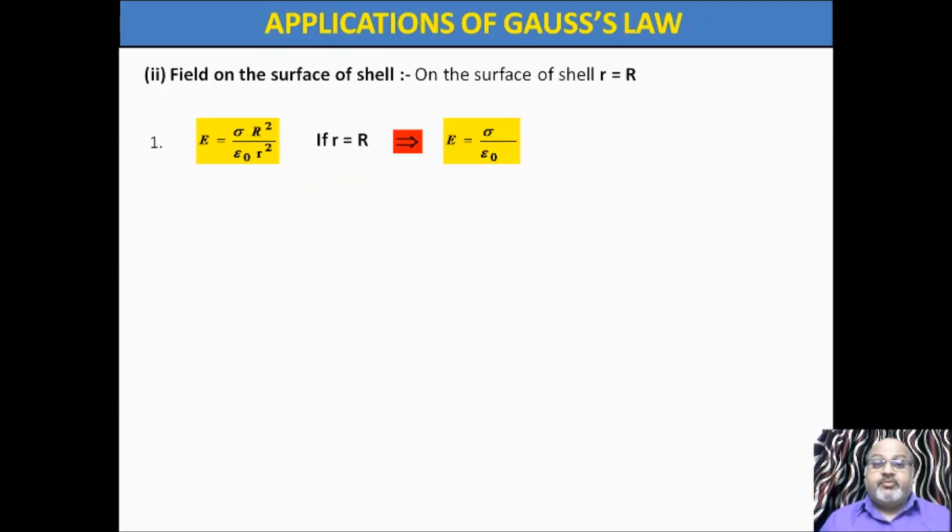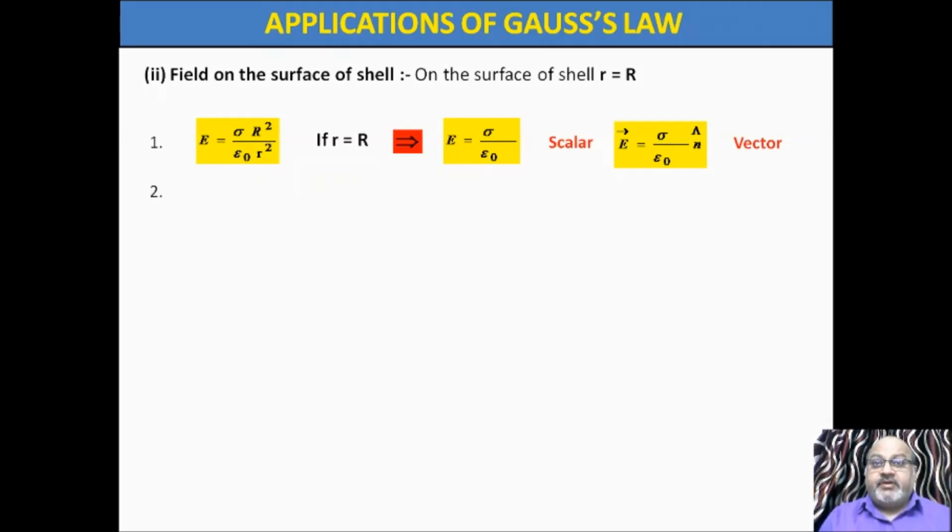Here I gave you some point for thought. When we discussed uniformly charged infinite plate, electric field was sigma by 2 epsilon naught. Here on the surface, electric field intensity is sigma by epsilon naught. It seems some comparison, but I leave up to you. Explore this point and discuss with me. This is scalar notation, and if we multiply it by n cap, we get vector notation.